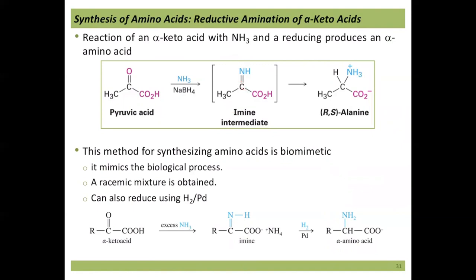So probably the easiest way to make an amino acid, but you do have to start with a much higher functionalized group. You have to have a carboxylic acid and an alpha ketone group. But this is a review of your reductive amination. You form an imine and reduce the imine. So what's cool about this is it's just a review of chemistry that we've talked about before, but with applications